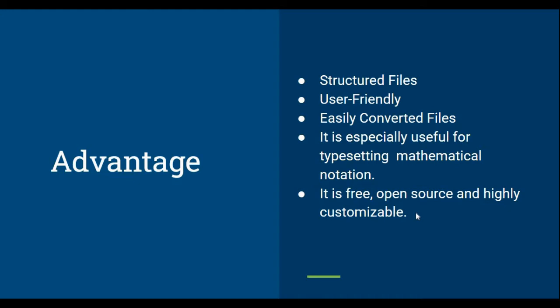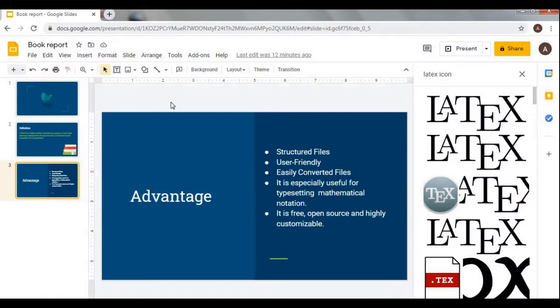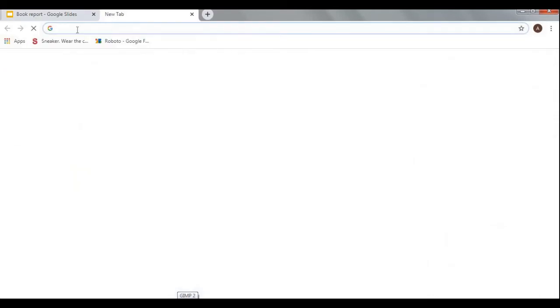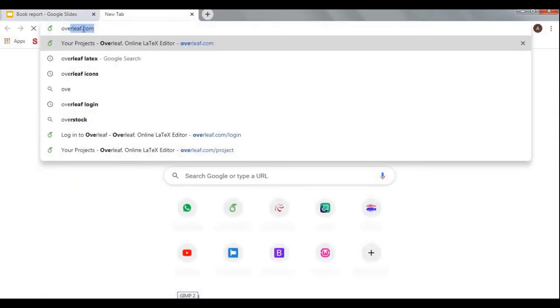Now we are going to do the coding in Overleaf, which is an online LaTeX editor. From here we go to Google and type Overleaf, as it comes up: Overleaf, online LaTeX editor. I simply type it, and when I click on the Overleaf online LaTeX editor,